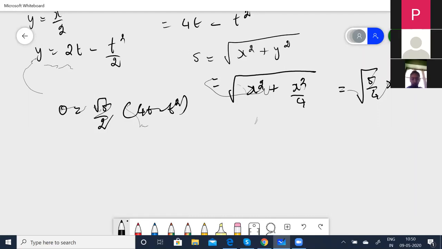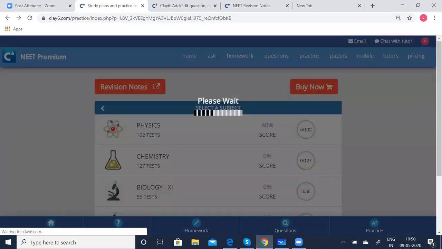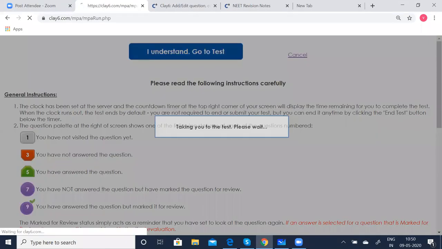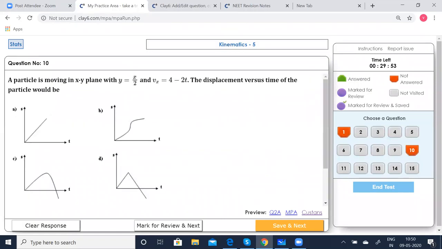So obviously, looking into the graph, you can see it cannot be linear. Yes, we were on the 10th problem. Look into the graph. It is not a linear graph, because at 4 seconds the displacement is 0, so it must touch the x-axis, and B does not touch it. So you cannot take option B. The option is now between C and D. You'll be wondering whether it is C or D, but it is not going to be linear.